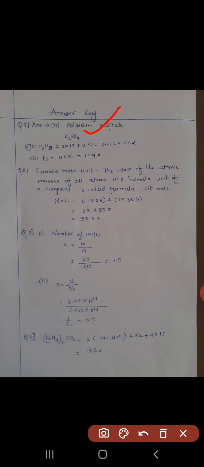Now, second is calculate the molar mass of ethyne. The formula for ethyne is C2H2. Okay, and also phosphorus molecule, that is P4. You have to calculate the formula mass or molar mass. Here you should know the atomic masses of all the atoms, including carbon, hydrogen and phosphorus, which are given in the question.